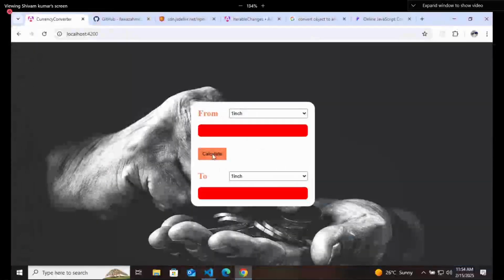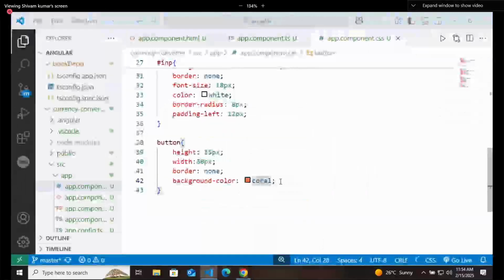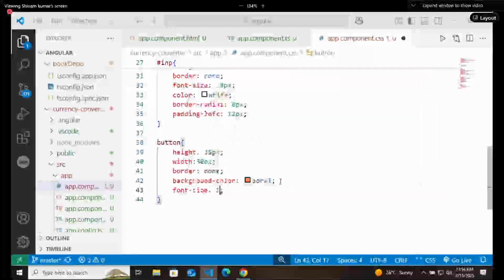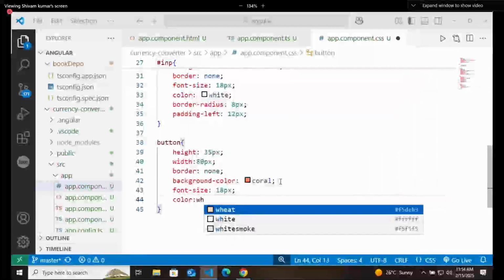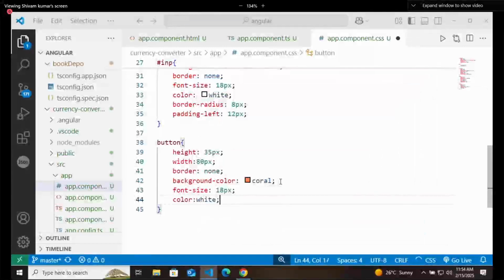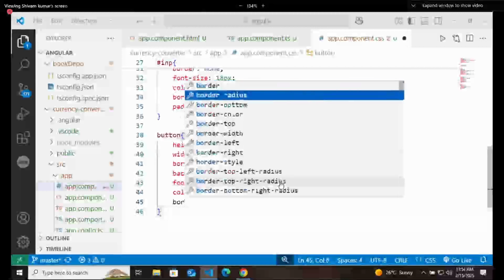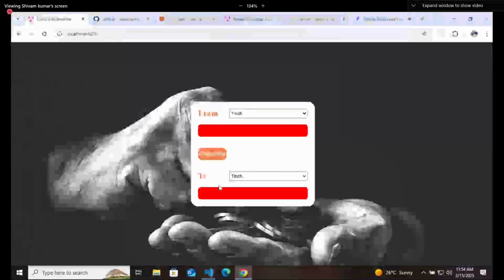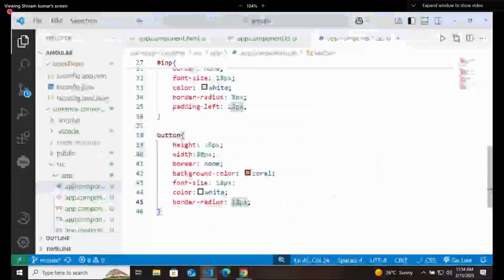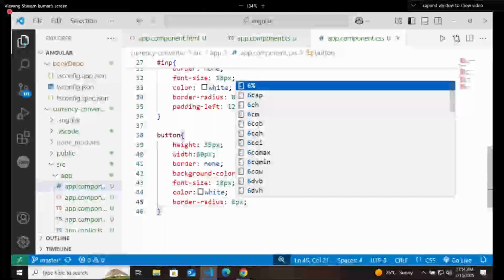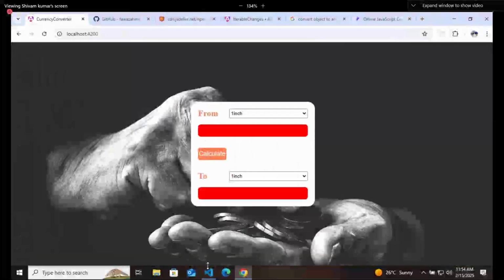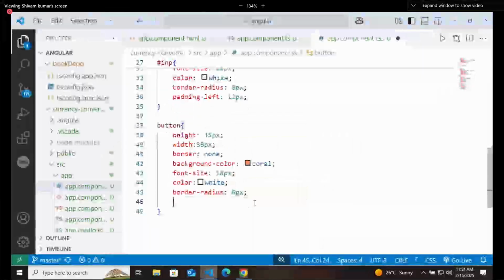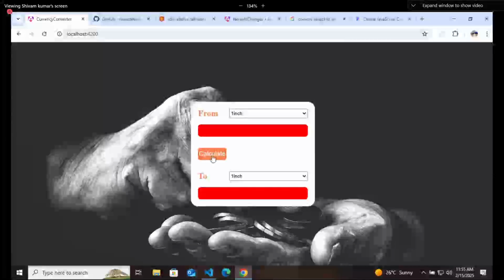So like that. Font size I will increase here to around 80 pixel. And color I will keep as white. Border radius I will keep around 12 pixel. So this is our button now. 12 pixel is actually too much, so keep here 6 pixel. So this is your button now. Cursor pointer I will give to it. Okay. Now this is your button.